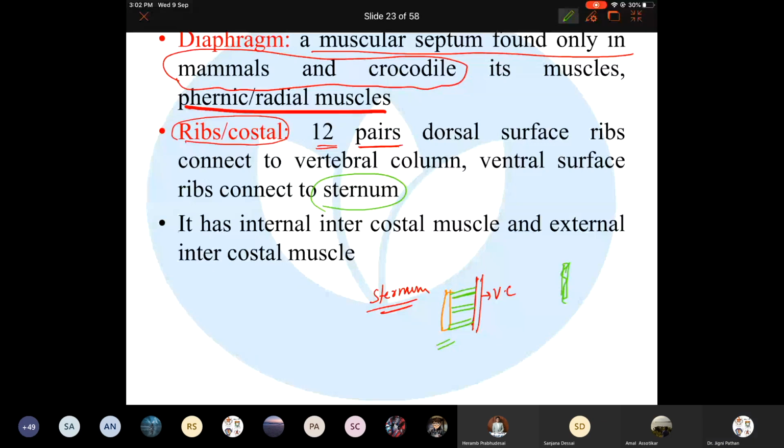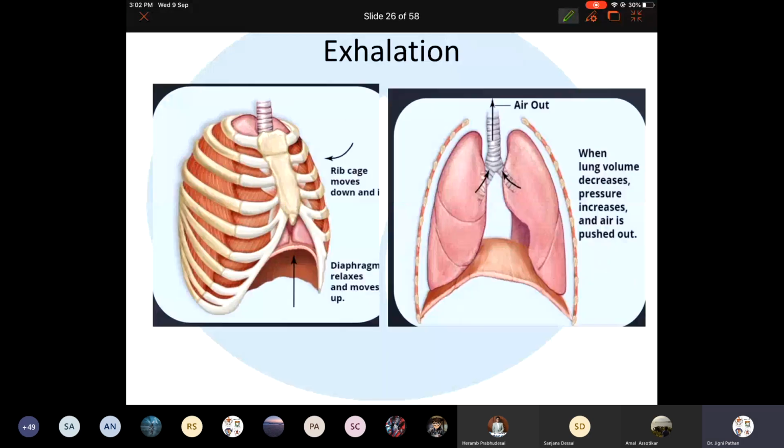I'll show you the image. Can you see? This is the sternum. On the backside, you have the trachea. Can you see the slide? Can you all see the sternum slide? Yes, ma'am. Okay. This is the sternum and this is the trachea. Behind this, these are